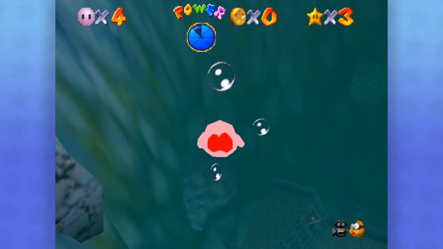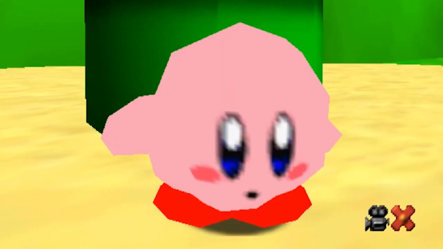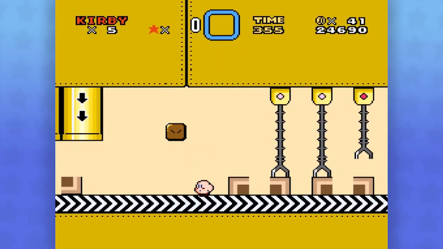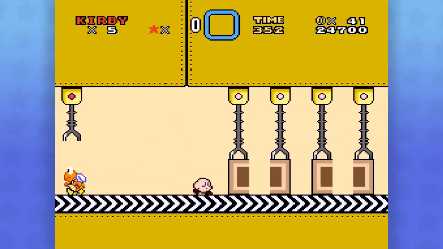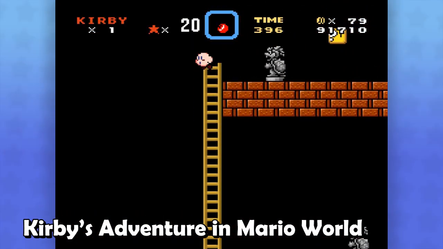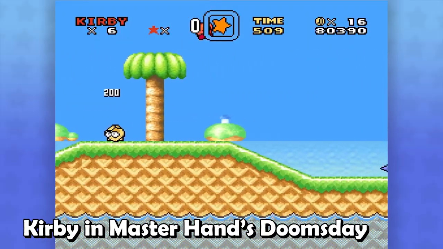Kirby and Mario games, on the other hand, is certainly something that's way more common. Bam. There were so many hacks of Super Mario World where you play as the pink puffball. Oh my goodness. There's Kirby's Adventure in Mario World, there's Super Kirby, there's Kirby in Master Hand's Doomsday, there's Kirby's